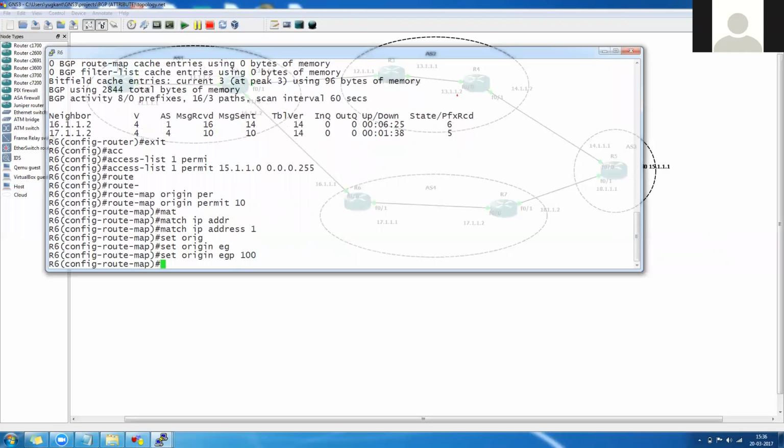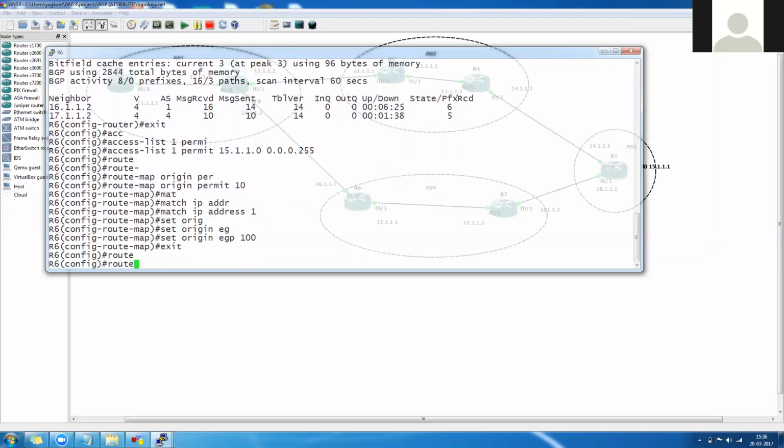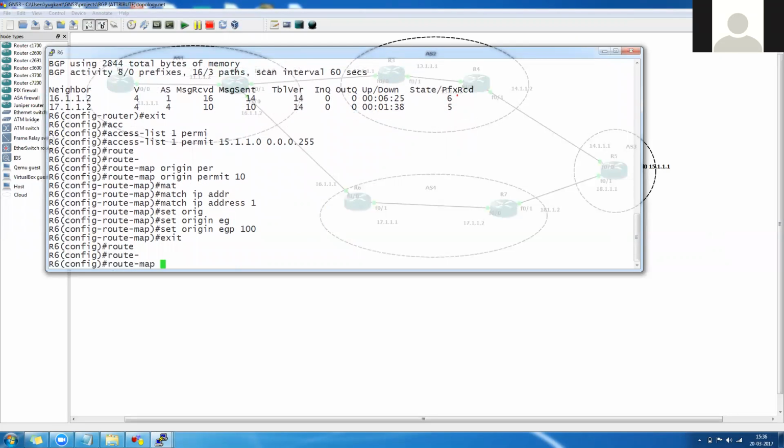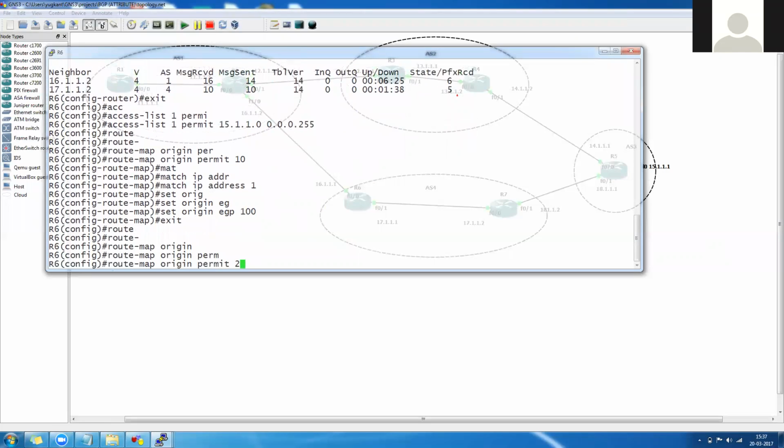Suppose I want to put E route, make it E route so that other will become best. So E has less precedence than I. The route map, one is origin, permit 20,